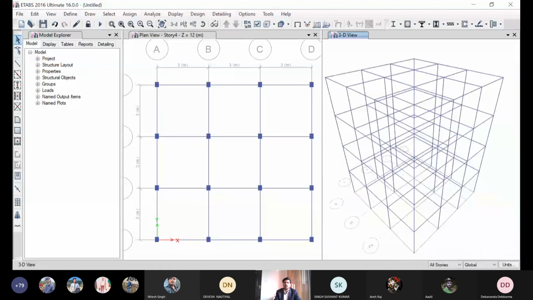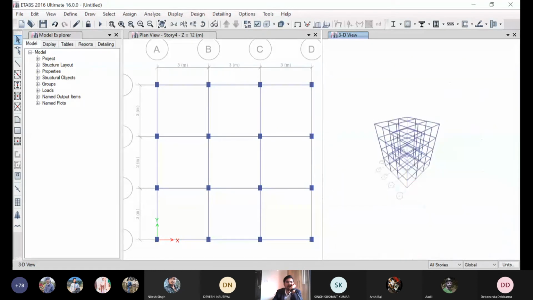So now let's spend some time with our software and see what these tabs and buttons are for. Then we'll again enter this concept and see how we are going to achieve this design and analysis. First, let's become a bit familiar with our platform. Okay, so this is the building. This we need to model.